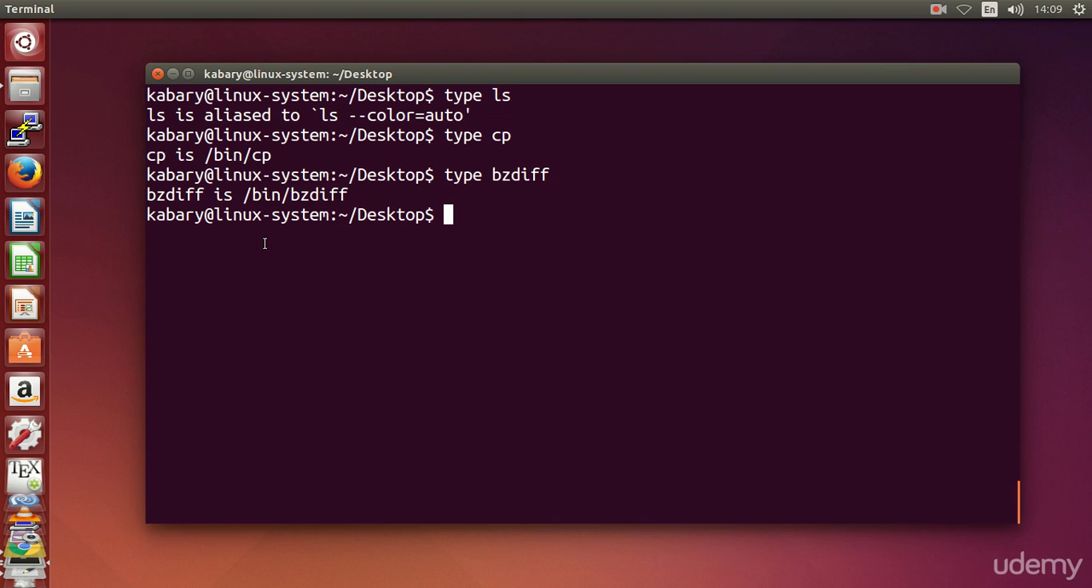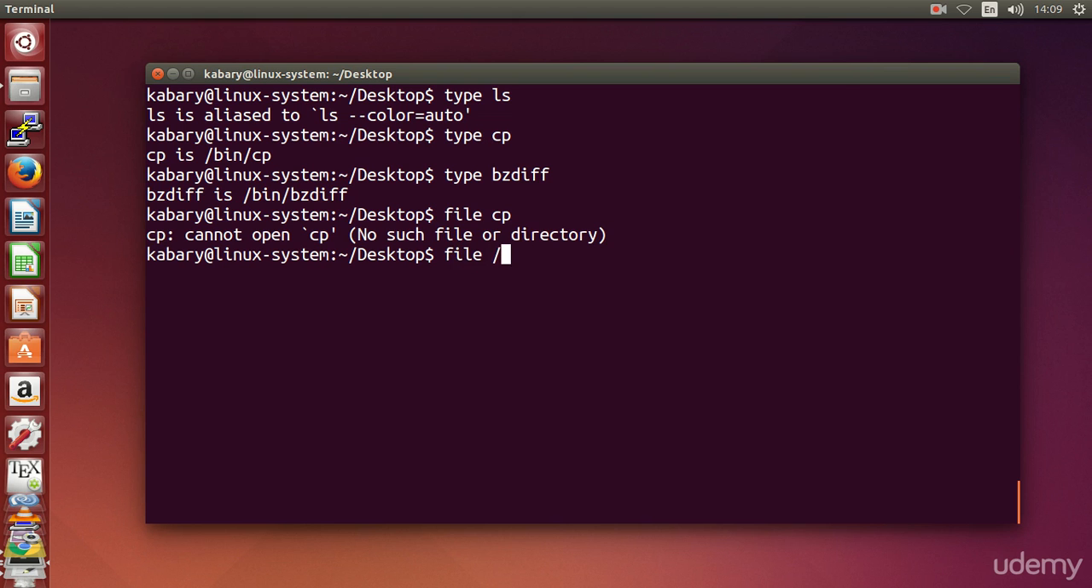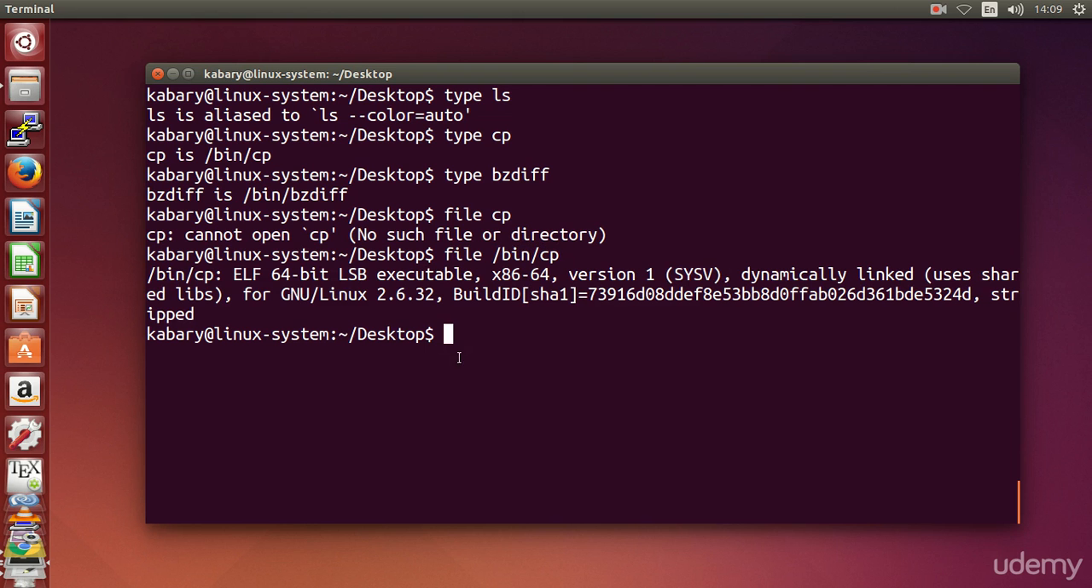However, we can overcome this problem by using another command that we have learned before, and you have probably guessed it right now. Yes, it is the file command. However, if you just say file cp, it will not work. You have to specify where is the cp command. So if you said file /bin/cp, now it will tell you that cp is executable, as you can see,